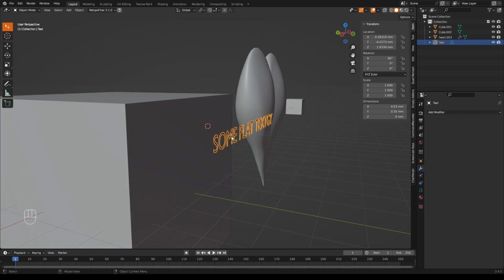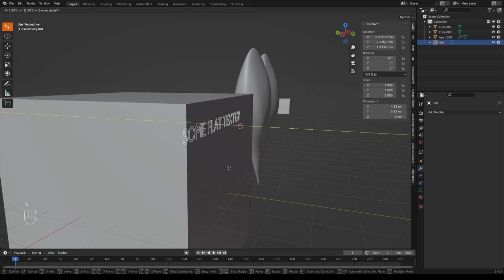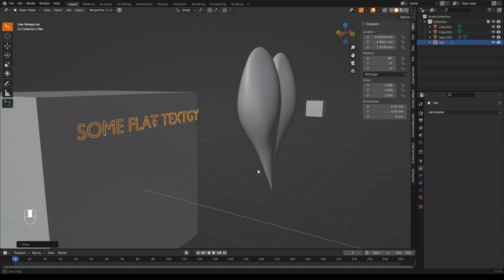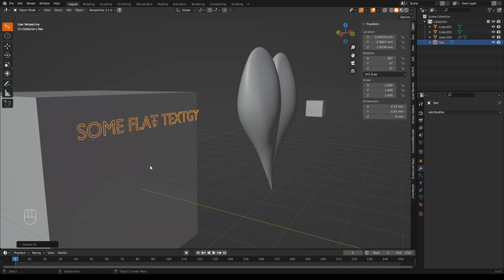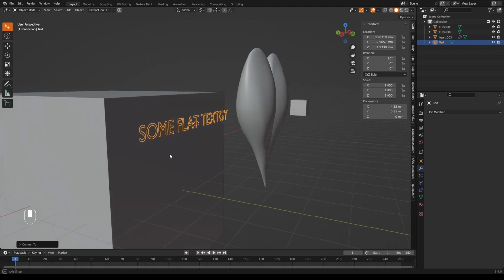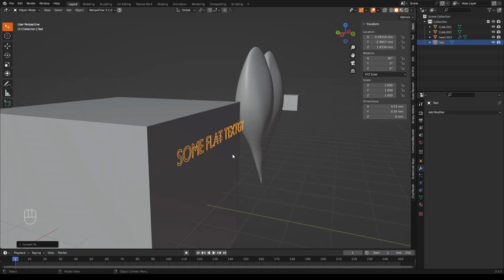We have a text object, and the first thing we will do is move it closer to the cube with G and a Y up there. And then we convert this to a mesh. Object mode, Object, Convert, Mesh. Now we have a mesh. Not very good topology, but we have it, and this will probably work. So now if we go into edit mode